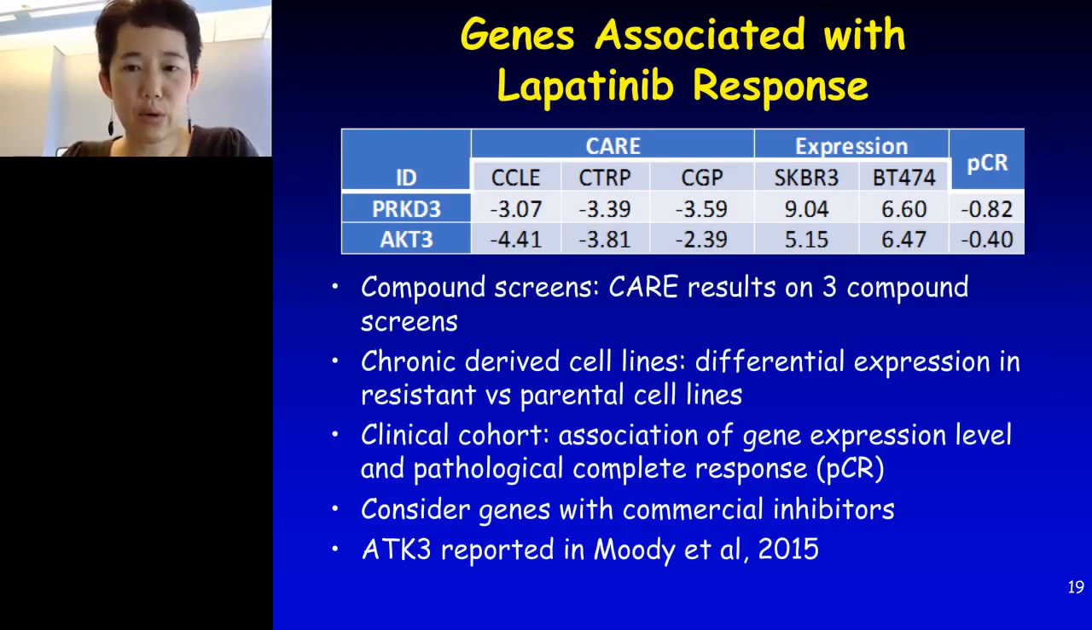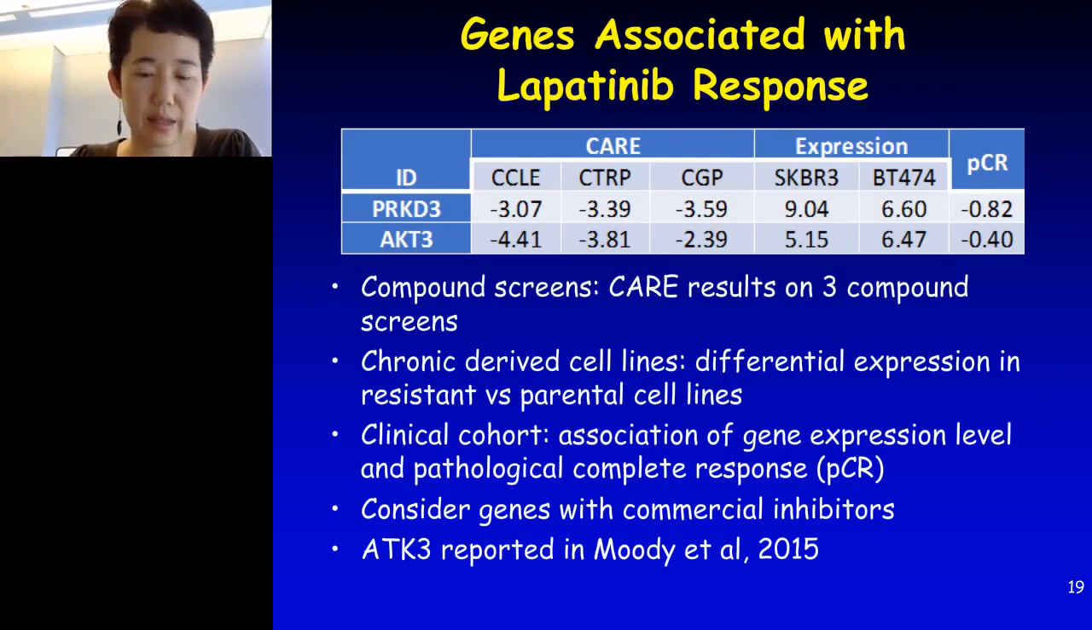We also look at the gene expression. So these were chronically derived cell lines where the cell lines were treated for a long term, and then we look at the resistant cell lines' differential expression, and you can see also here these 2 genes have a much higher gene expression compared to